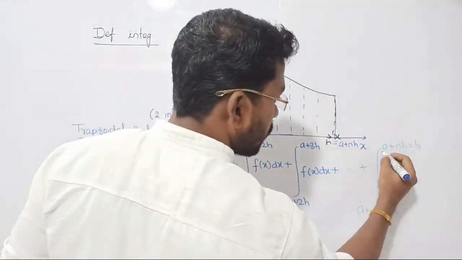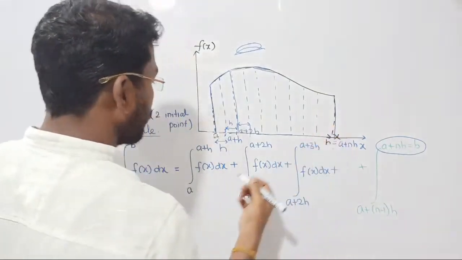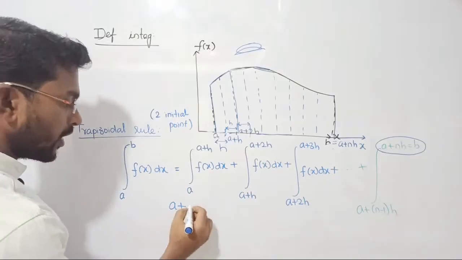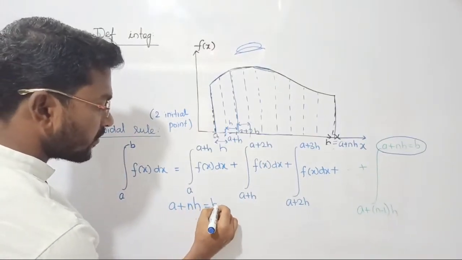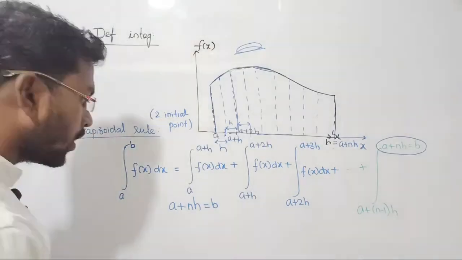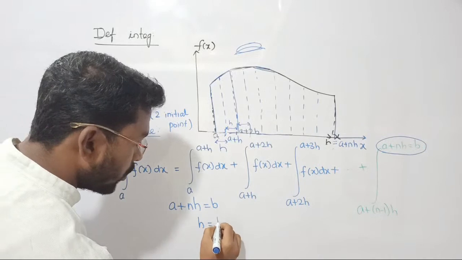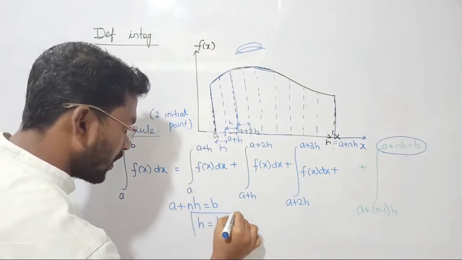Okay, did you notice one more thing here? This is the final point that we are getting here, right? So let us take that final point outside. Actually what I got: a is the starting point, n is the number of sub intervals, h is the step size, and b is the final point. Now if I reduce this from here, step size h will become equal to b minus a upon n, the number of sub intervals,